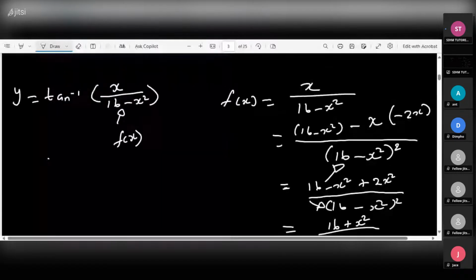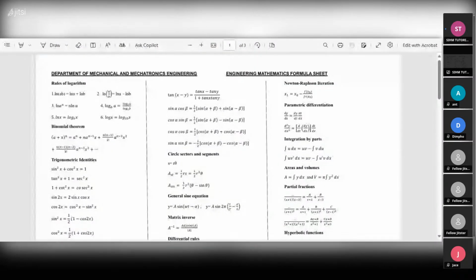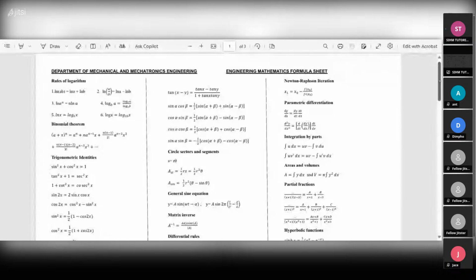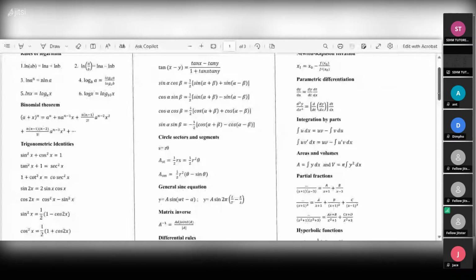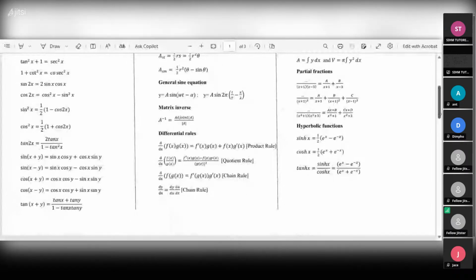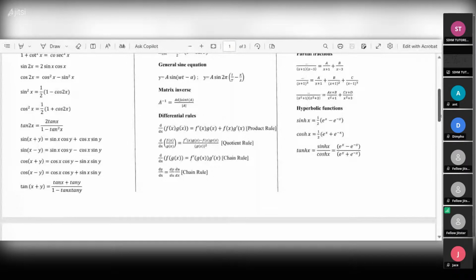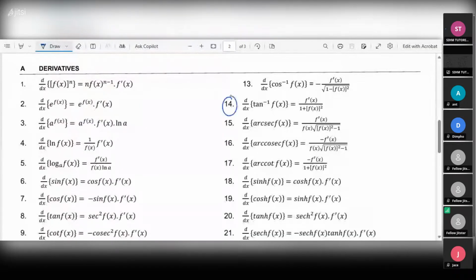Let me share the formula sheet. This is my formula sheet here. I hope you can all see. Okay. So here we're going to come to the term, which is this one. So if you check